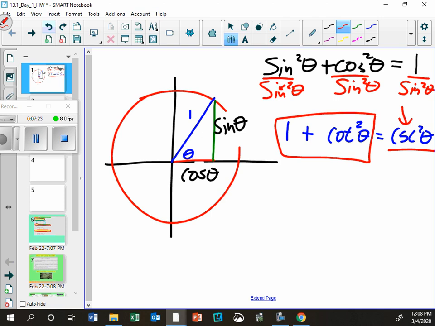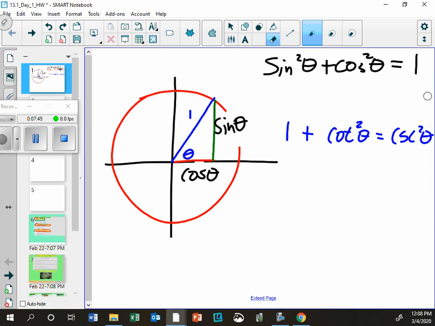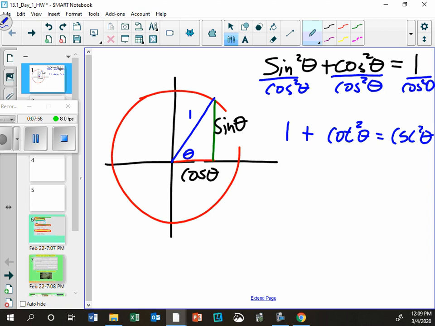You'll see later why you'd want to do that, but I'm going to just derive the last fact here, which is, what did I do to get this blue one? I divided everything by sine. What do you think I'm going to do next? Divide everything by cosine. Yep. And you do not have to show all of this. That would be a lot of work. I'm just going to ask you to see where I'm getting these. Just see what I'm doing. I'm taking a fact and I'm doing something that's legal to both sides. And now I have a new fact.